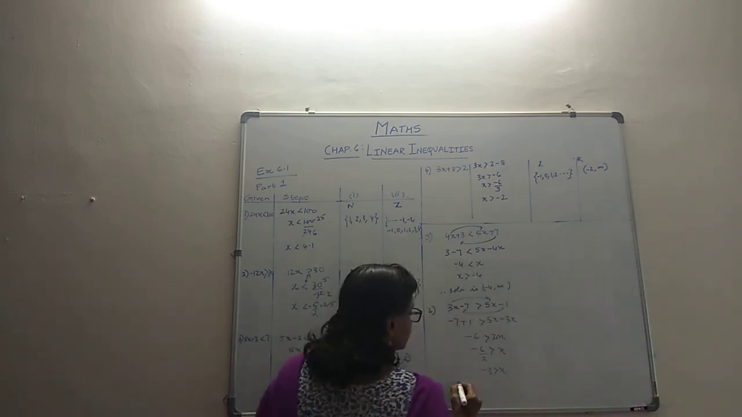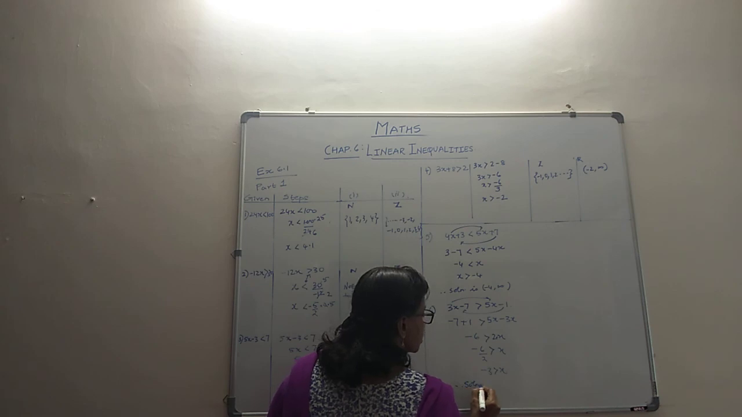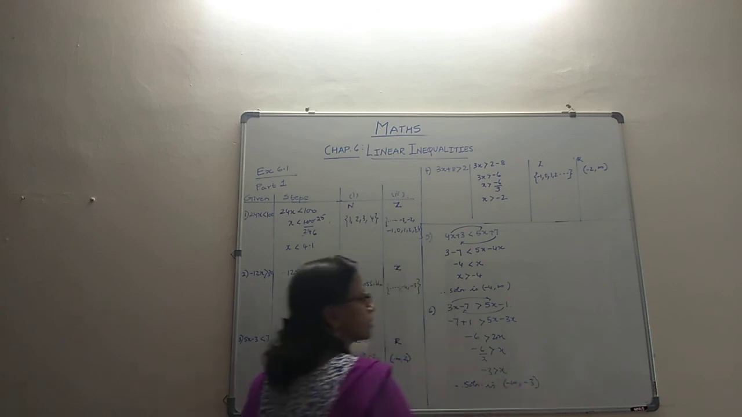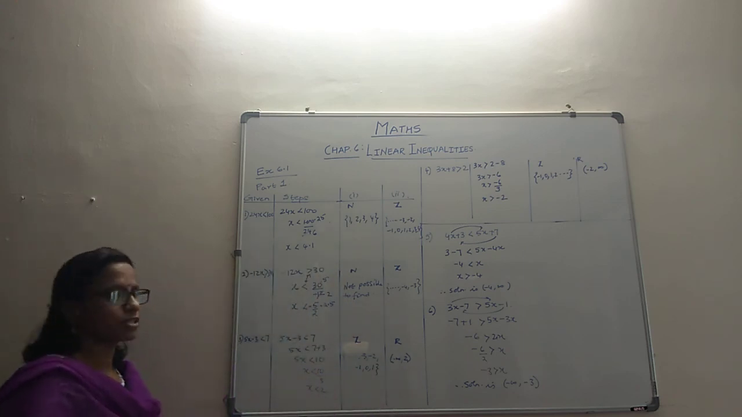So how could you have a solution? Solution is from minus infinity to minus 3. That's how you get the solution. So this is our